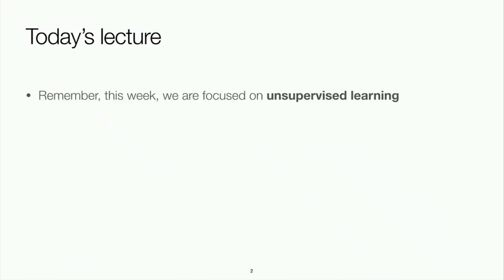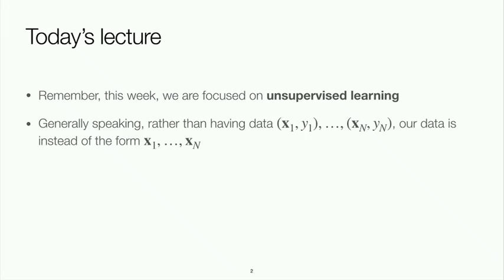All right, so remember this week we are focused on unsupervised learning. We've done a lot of supervised stuff so far, switching gears. Forget about the y's that you used to have. We no longer have labeled input-output pairs. Now we're just thinking about what if we get a bunch of x's? Is there anything meaningful that we can do with this anymore? We can't really do prediction, right? We can't learn predictive models because we don't know what we're predicting from what. But maybe we can still do something interesting, like try to discover some underlying structure in our data, whatever that